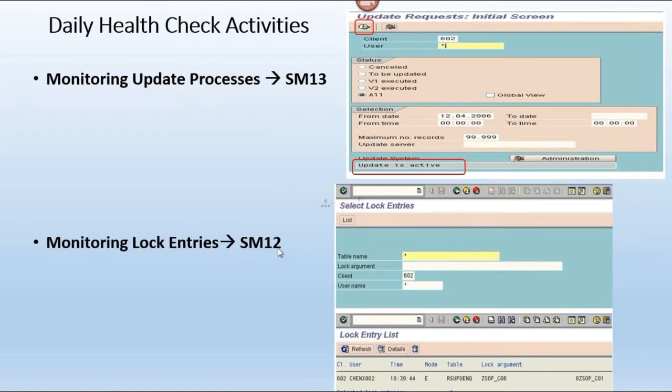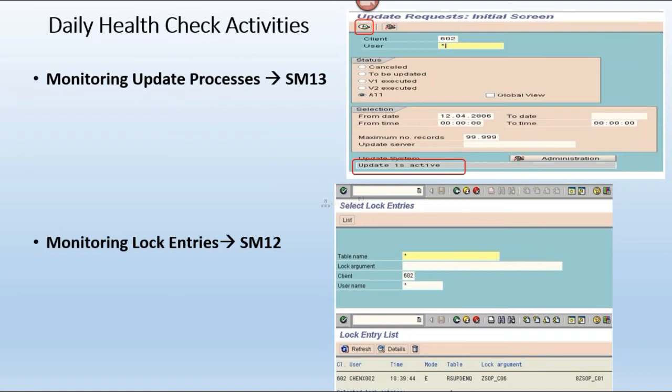So in SM12 code, I can see that pending lock entry. But if I contacted my user and he said he is not working as of now, what happened? Whenever he completed his work, the lock entry was not released automatically due to some technical issues or some other issues.